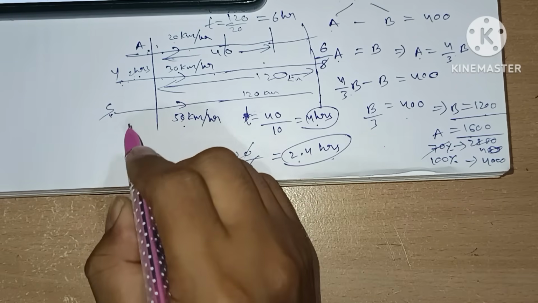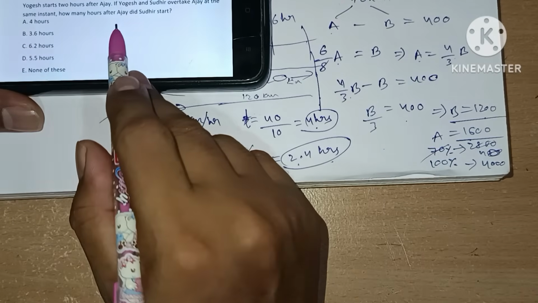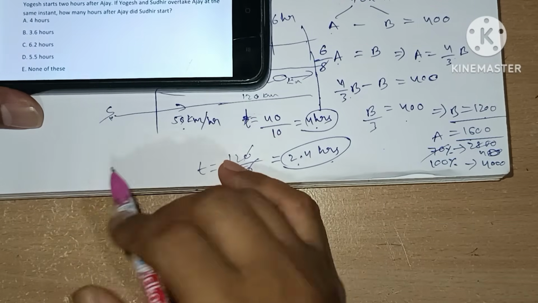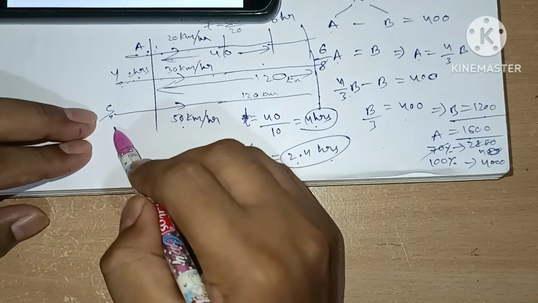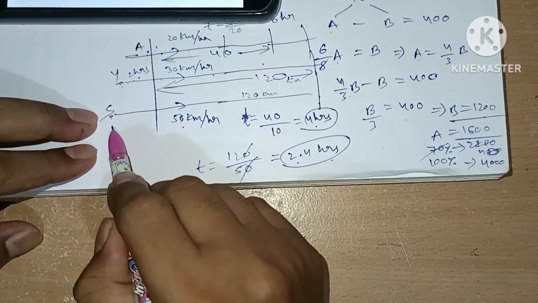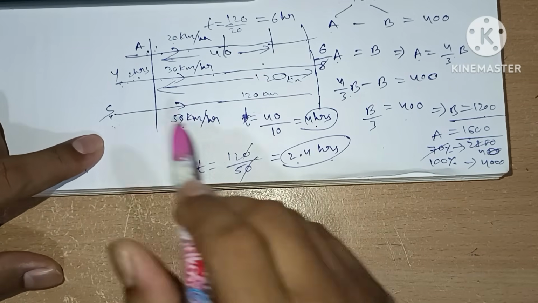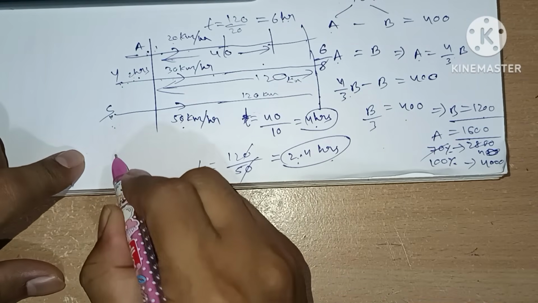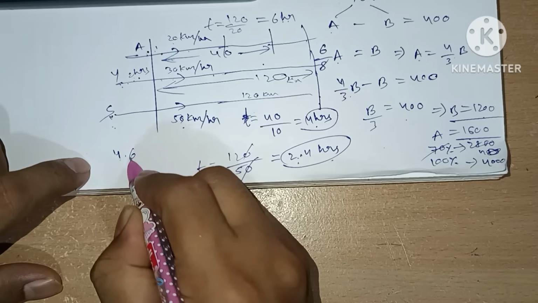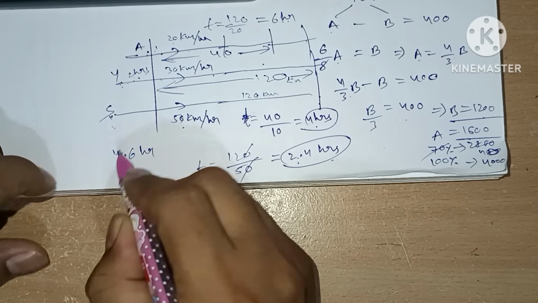The question asked is, how many hours after Ajay did Sudhir start? Asked about after how many hours the Sudhir started. So what we need to do is the difference between this time and this time is our answer. 6 minus 2.4, which will be